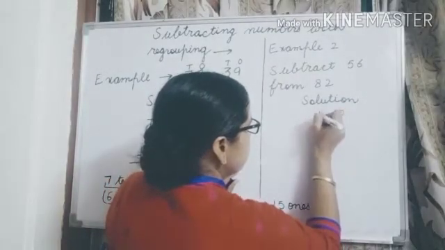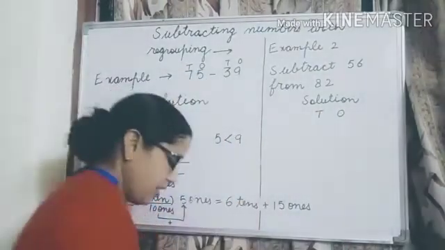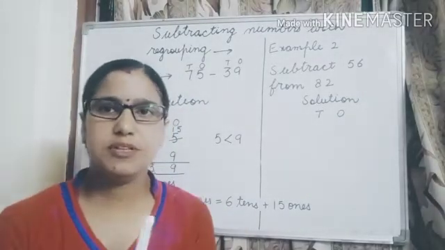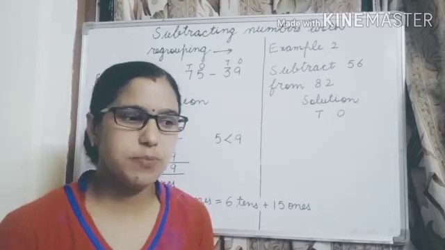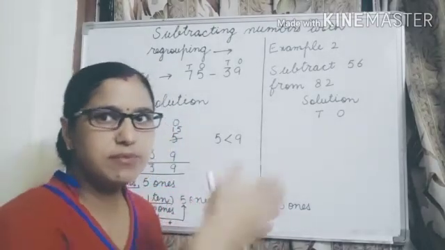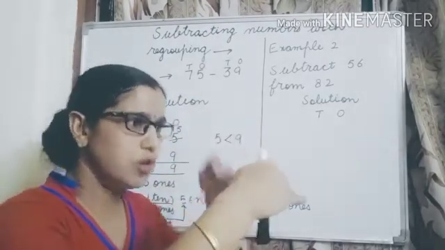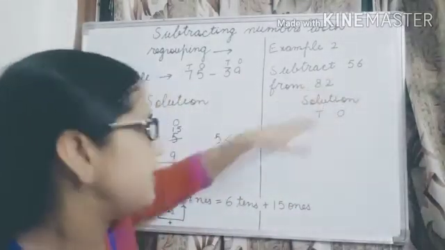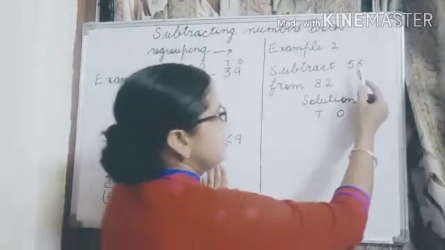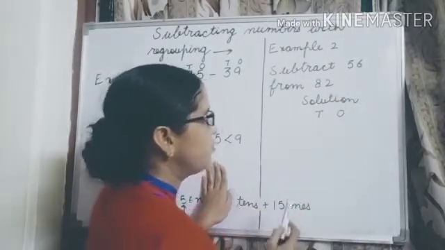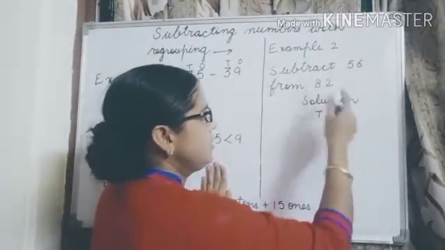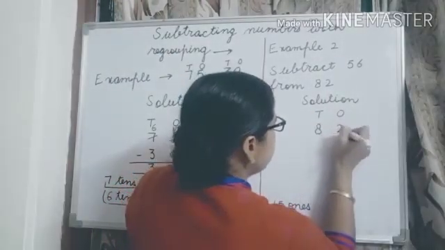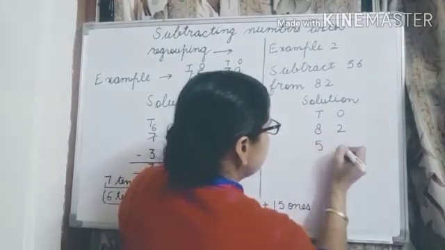Now when you find the subtraction, you have to see which number is bigger and which one is smaller. Always the bigger number will come upside and the smaller number downside. From these two numbers, can you compare? Yes, very good students. This is 56 and this is 82. Which number is bigger? 82 is bigger. Then we will write down 82 upside and 56 downside.